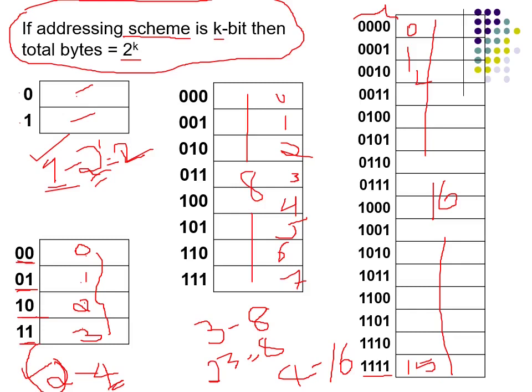So I could address 8 bytes uniquely with different addresses, but starting from 0 and continuous address. Okay. Here also look at this 4-bit addressing scheme. So I could address 16 bytes. 2 to the power of 4 is 16. So if the number of bits in the address is k bits, I can address 2 to the power of k bytes. So one thing here, always remember addresses start from 0. Addresses are continuous. That is very, very important. I hope this is very clear.